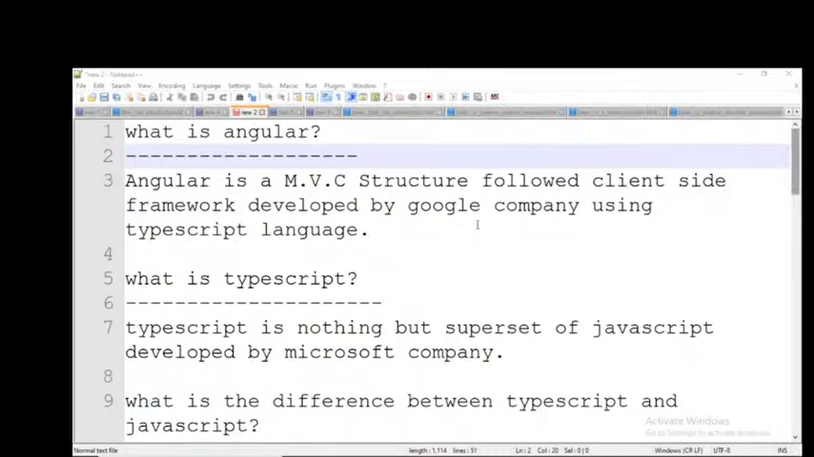SEO friendly URLs. SEO friendly URLs means